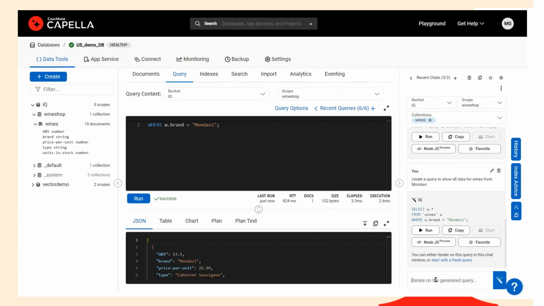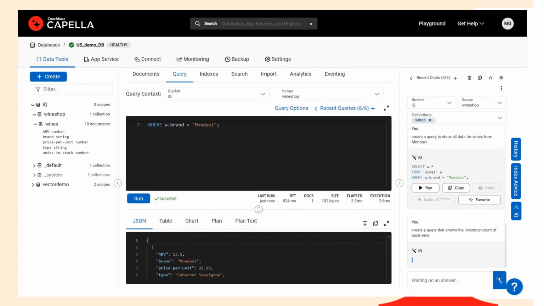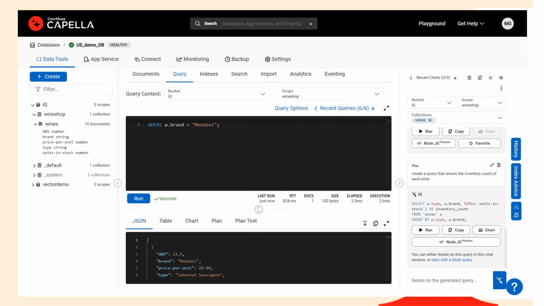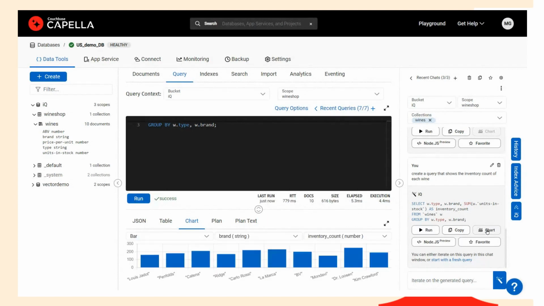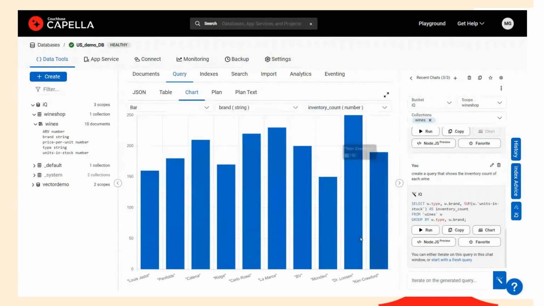Let's go ahead now and ask for another query, this time an aggregation. I'd like to understand the inventory count of each wine. But instead of running it and seeing the results, I'm going to go ahead and visualize that. So let's go straight into a chart. So there we have it. I've been just asking free-form plain text questions of IQ. It's interacting with the database on my behalf, writing those queries, and I'm wildly productive right out of the gate